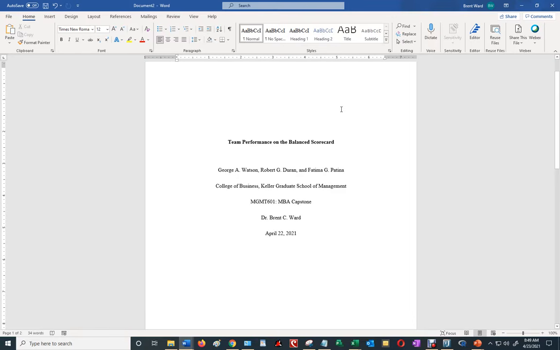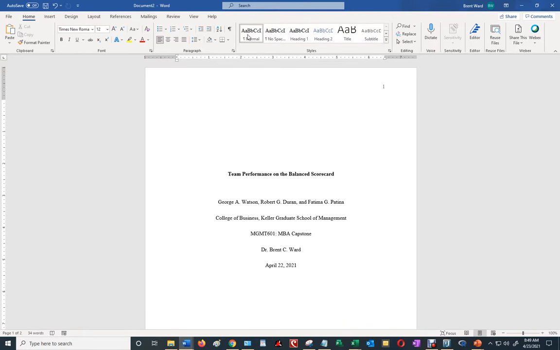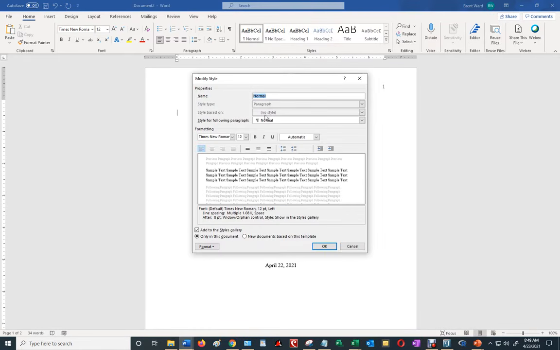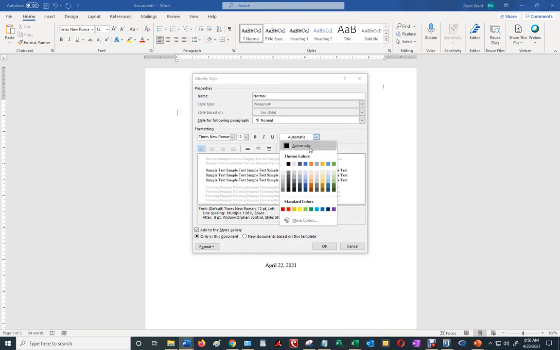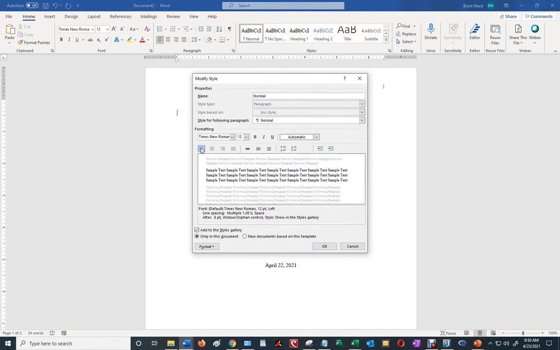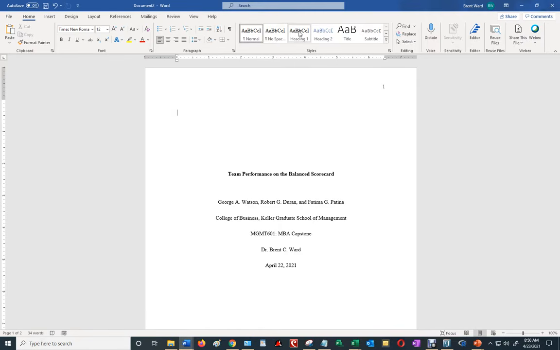Okay. Now after you've got that in place, make sure that you've gone up into the Home tab and right click on the normal font and modify it to one of the acceptable fonts in APA 7th edition. I always go with Times New Roman 12 point, and make sure that it's black and that it's left justified. Click on OK. The other thing you need to do is right click on heading 1, go to modify,